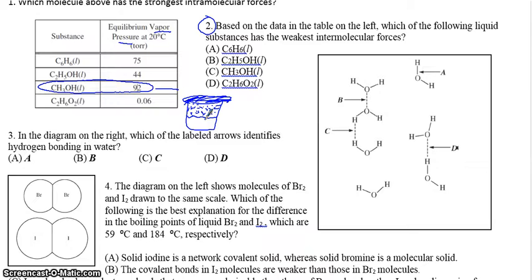Now this may be sounding confusing because we have OH here, so it looks like we have hydrogen bonding, so it looks like it shouldn't be the answer. Hydrogen bonding gives you strong intermolecular forces, does it not? Yes, it does. However, CH3OH is a tiny molecule. It's a very, very small molecule. It is a liquid, but it's a low boiling liquid, you can say, easy to vaporize. So you would still pick CH3OH, even though it has hydrogen bonding, because of the physical property. And here they're not telling us, but you can see that the sizes of the molecules have a big, big effect. Right. So if you take a look at a similar question right down below,